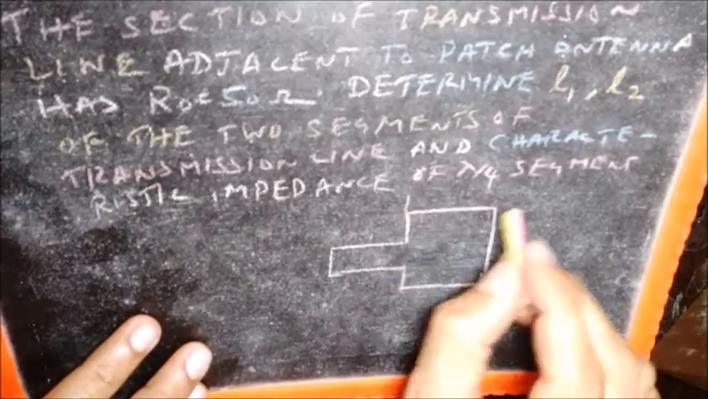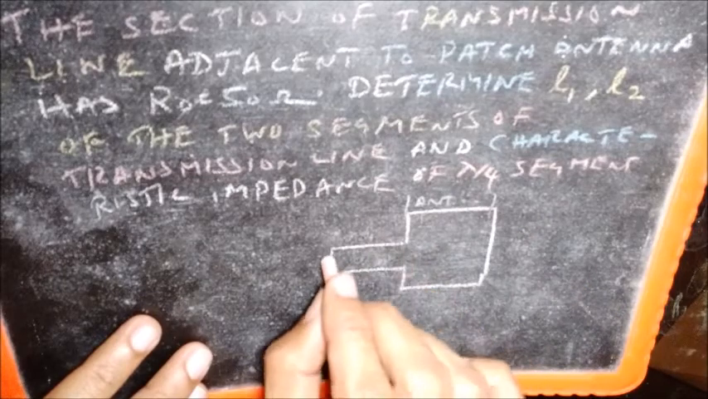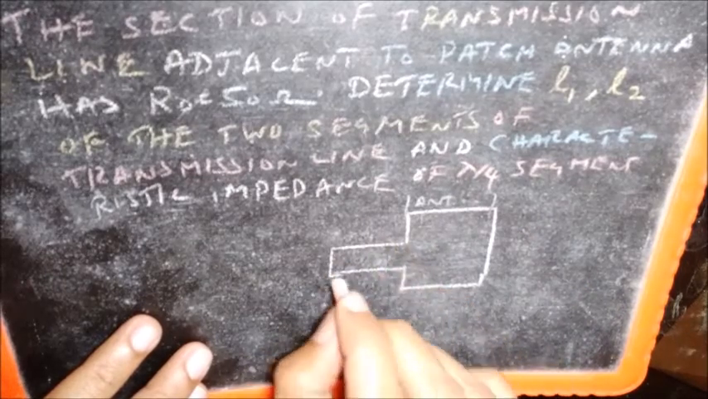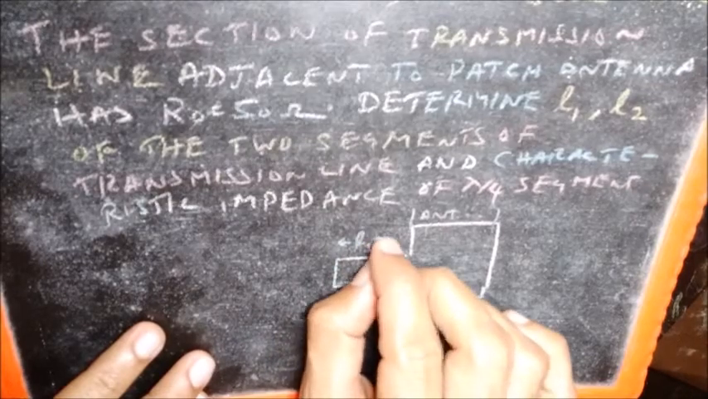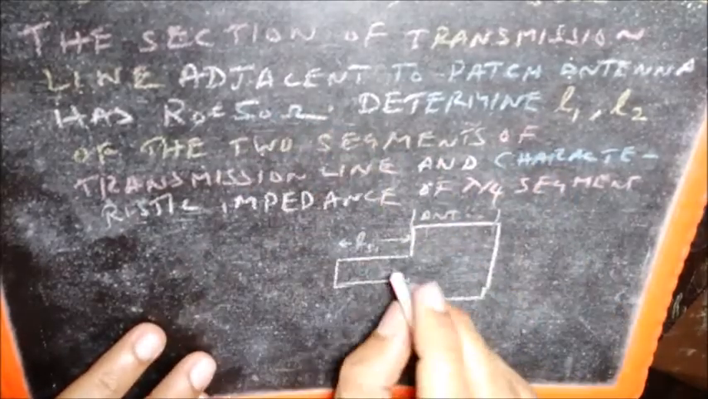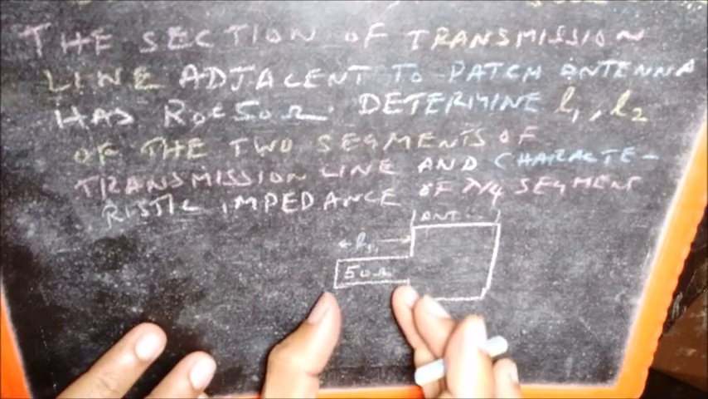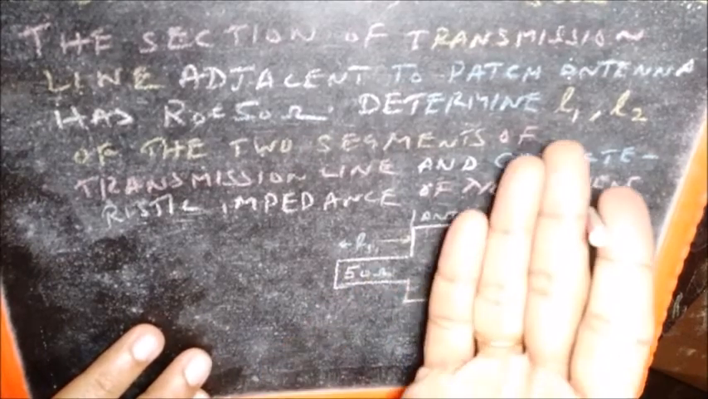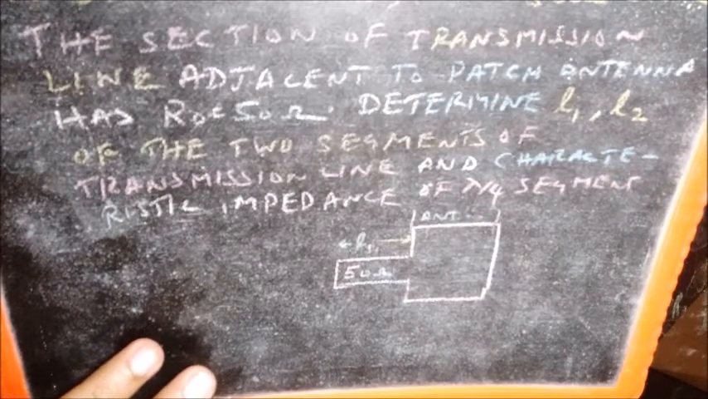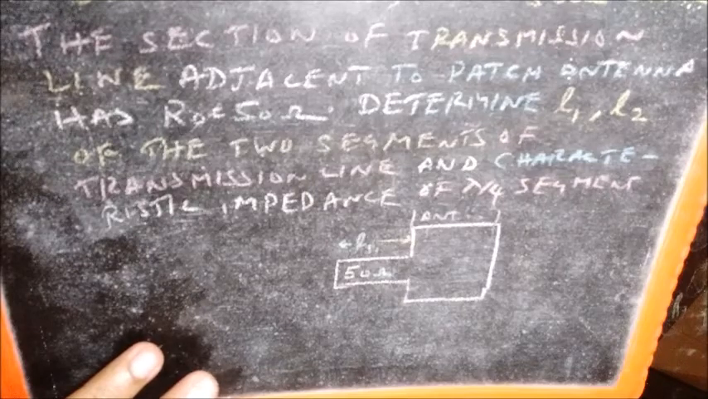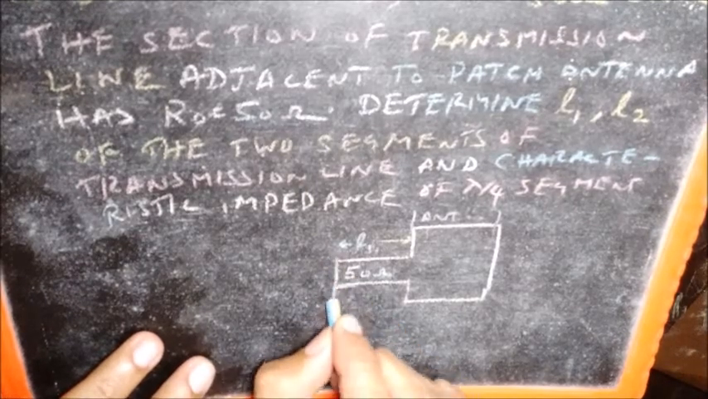This is the antenna. Section of transmission line adjacent to the patch antenna has length L1, and it has a characteristic impedance of 50 ohms. So this has length L1 and characteristic impedance 50 ohm. We have to find out L1. That is one of the parts of the question, and we have to have a